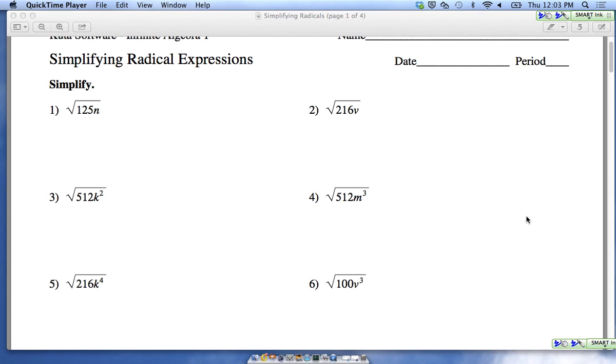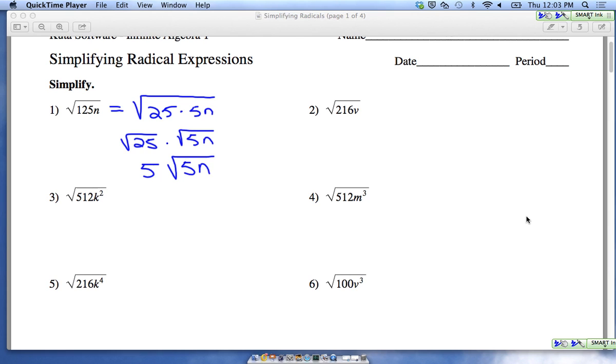So number one, you're always looking for the largest perfect square factor. Well, 125 is 25 times 5n, and we'll deal with the variables in a minute. So I can think of this as the square root of 25 times the square root of 5n. 25 is the perfect square, so the square root of 25 would be written as 5, but the radical 5n would have to remain as radical 5n. So this would be your simplified answer for number one. Number three,